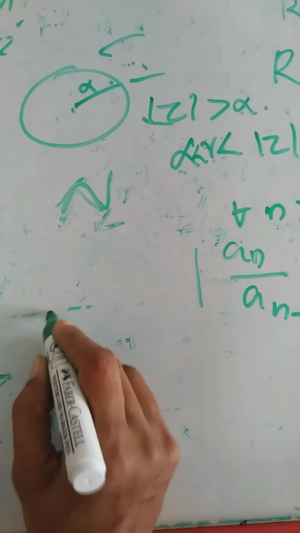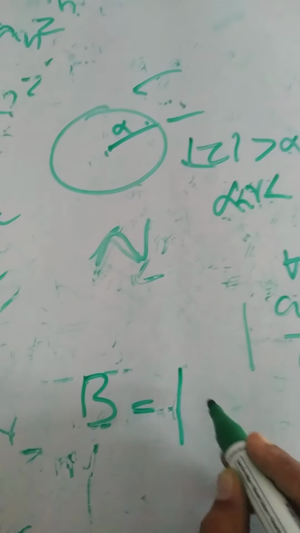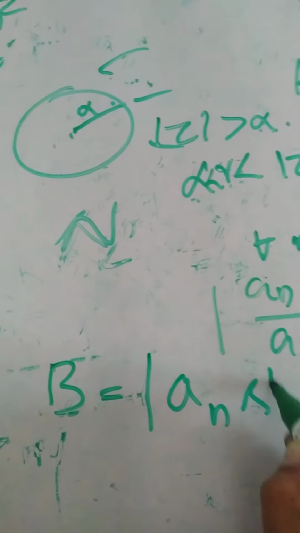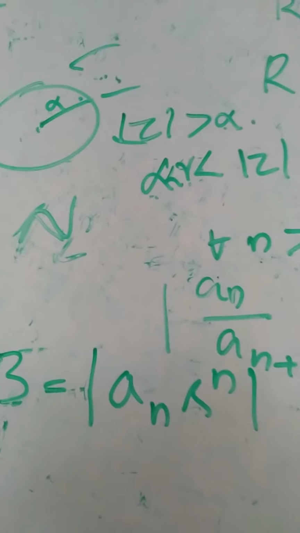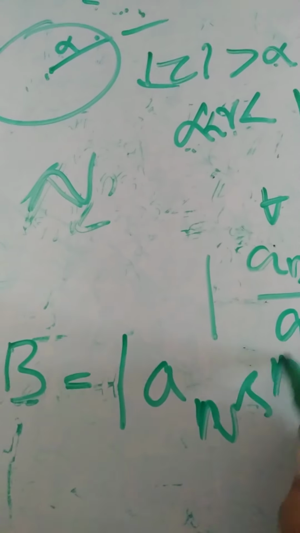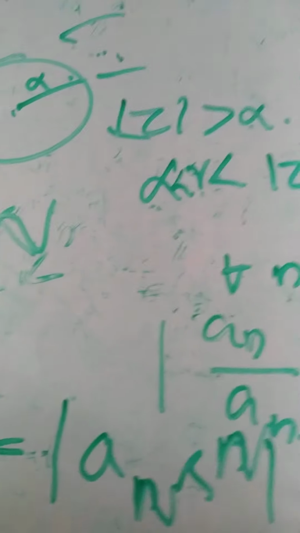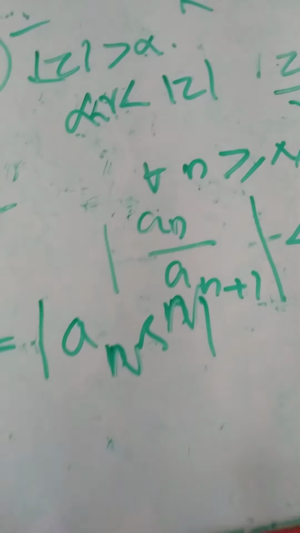Okay, now you apply the same idea here also. Let us take b as modulus of a N r raised to N. Capital N, modulus of a N r raised to N. b is equal to modulus of a N r raised to N. Then what will happen? Then we have, by using the same idea,